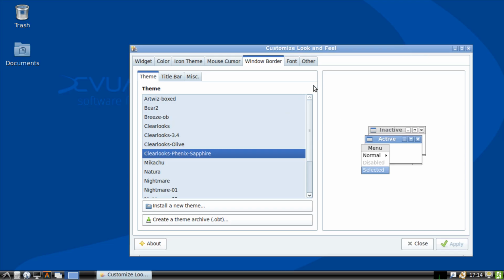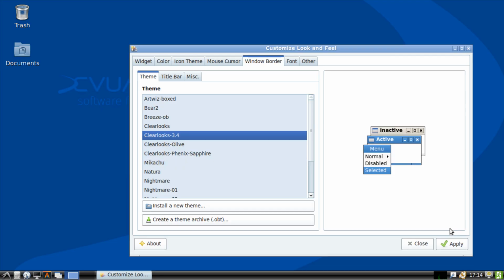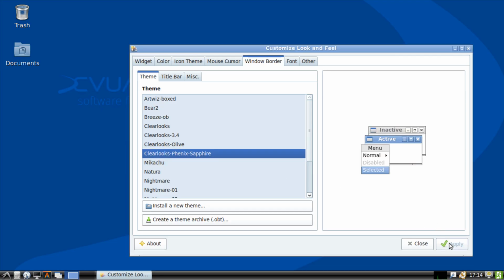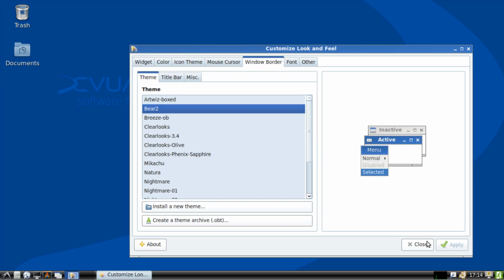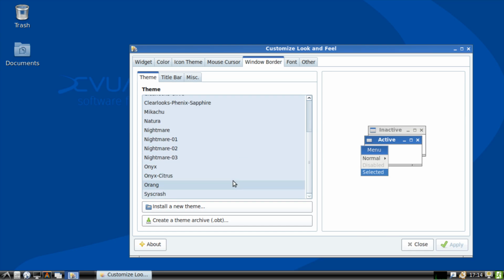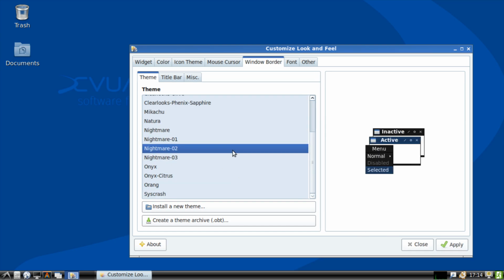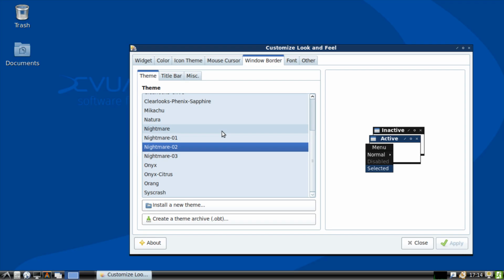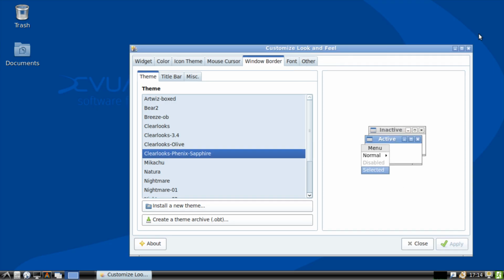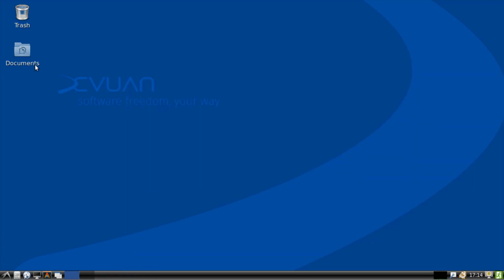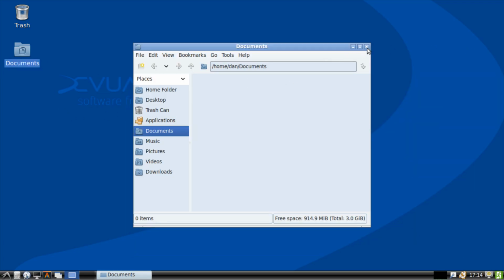So this would be the theme for Devuan, but B is also funny. You can also use this, but this is what they brought. So okay,